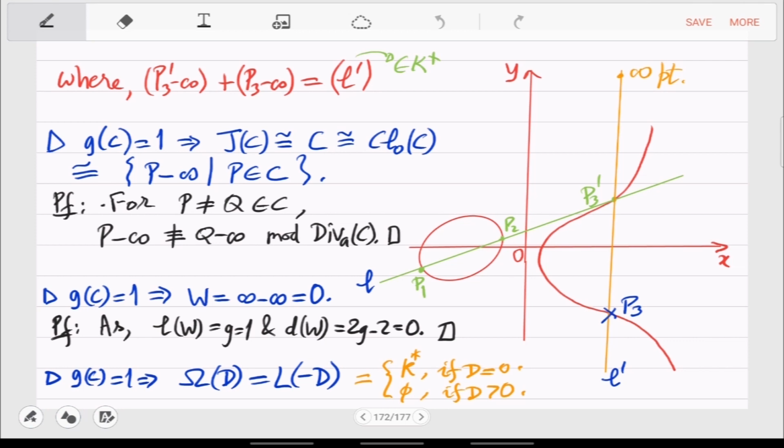Why are they distinct? You just show that for different points P and Q on the elliptic curve, P minus infinity and Q minus infinity are not the same modulo the principal divisors, which again follows from the picture. Why does it follow? So let's say you take P1 and P2,